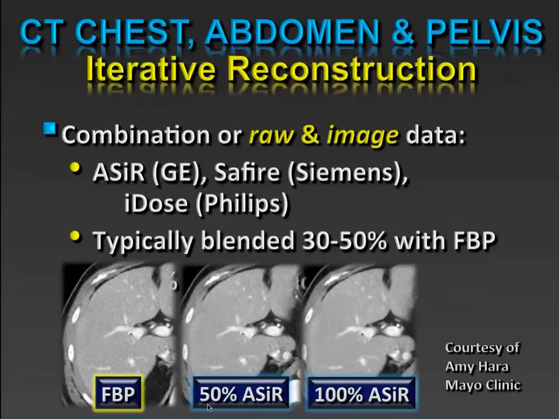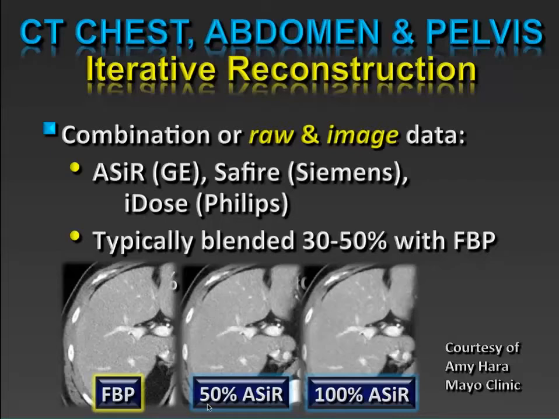So as I mentioned, iterative reconstructions such as ASIR, SAFIRE, and iDose use a combination of raw and image data and look at the statistics. Now, what I wouldn't recommend is that you just jump in with both feet and go to 100% ASIR, for example, because what you're going to find is these images look different than you're used to. It takes a while, maybe several weeks, for you to get used to the new look and feel. So start out by blending with filter back projection. And start out by doing not so generous blending. Use a 20% blending, maybe a 30%, and then inch your way up as you become more comfortable with the